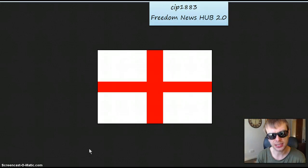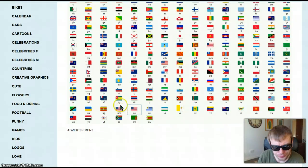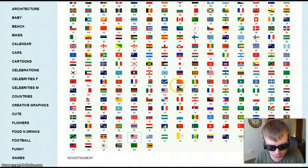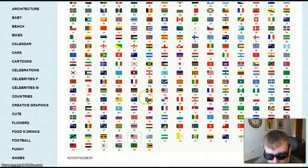You see this symbol everywhere, not just in England. You see it on, is it the Georgian flag as well? You'll see this all over the world. A lot of red crosses on white backgrounds and variations of it, so on and so forth. It was just something quick I got up there to just have a quick look at the maps of the world. There, I think that's the Georgian one there, and you've got the Great Britain one, but the English one, the Scottish, the Welsh. Anyway, so